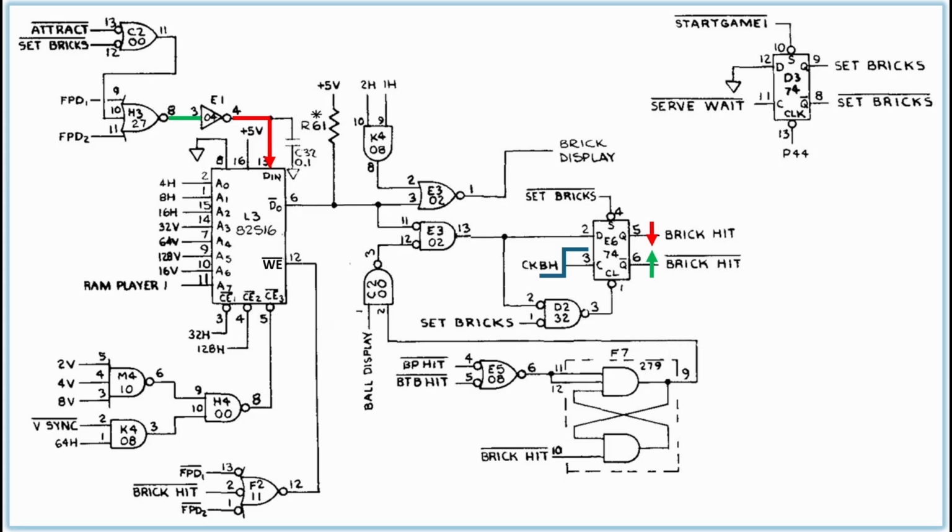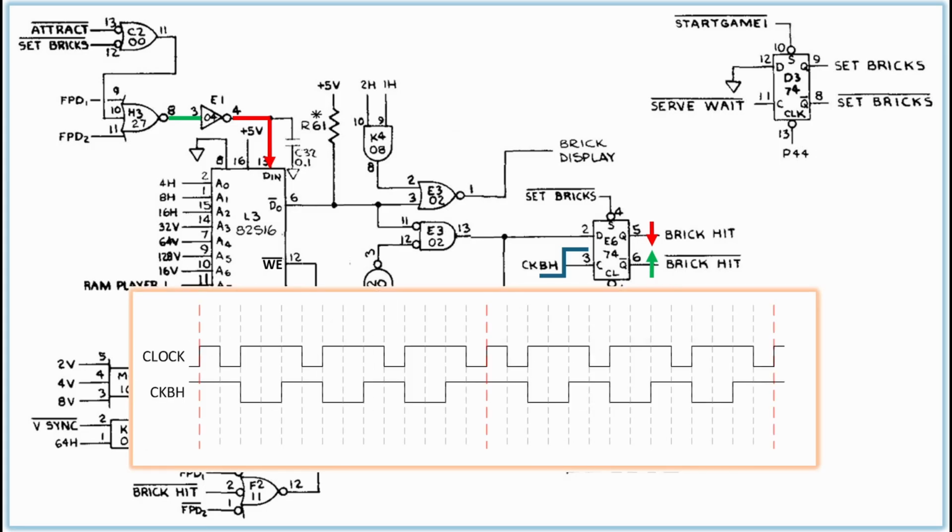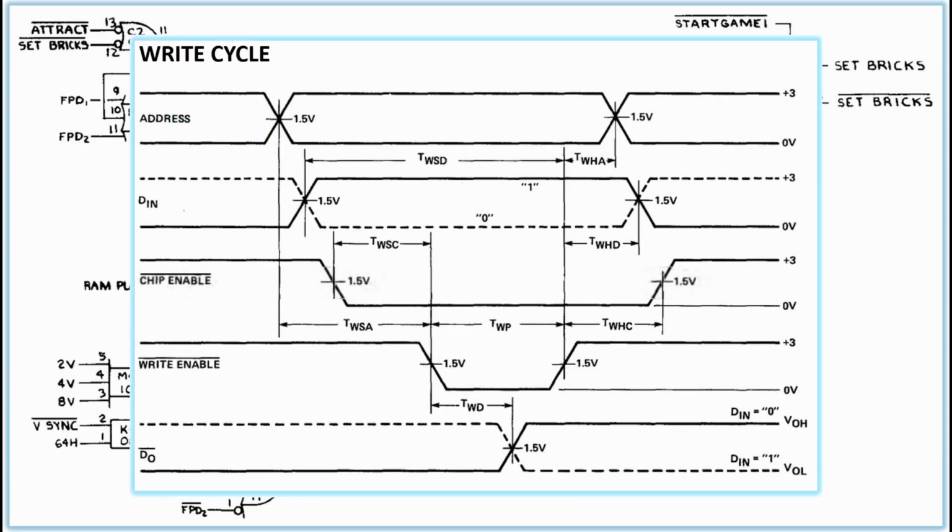Note that they use the ball hit clock here instead of the clock line because CKBH rises in the center of each clock. This offset assures that everything has settled before checking for a hit, and delays the write line drop to assure adherence to the timing cycle parameters. Since the latch is reset on the next rise of CKBH, write enable rises before any other RAM line changes. This assures that only the proper cell is modified.